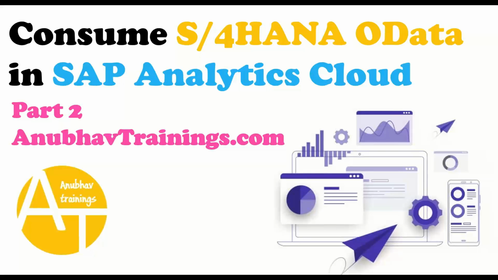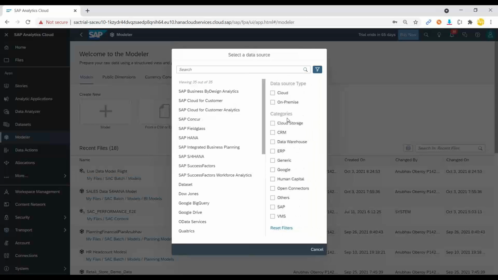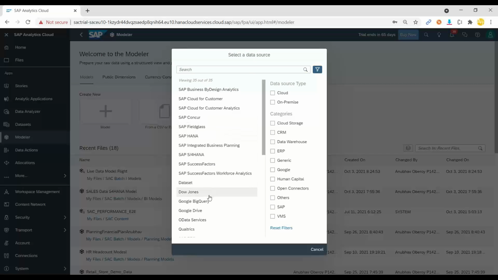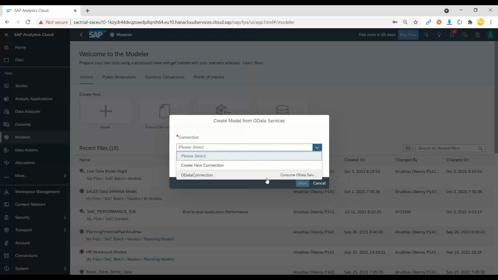So let's get started. We'll switch back over to our Analytics Cloud system and resume where we stopped in the last video. We go to the Modeler tab and now we choose a data source to create a data model. In this, we are going to choose OData service and we will immediately choose the connection which we created in the last session for OData.